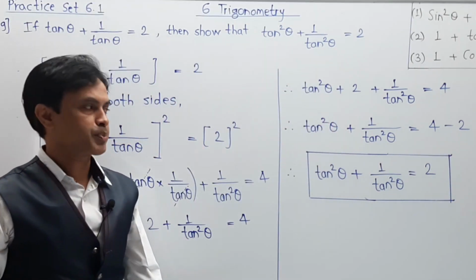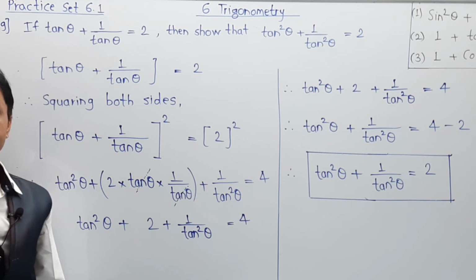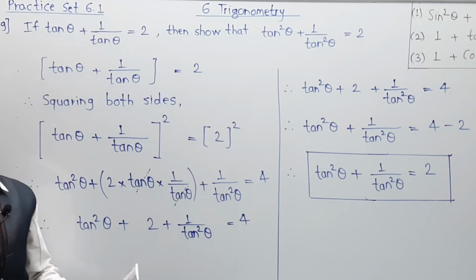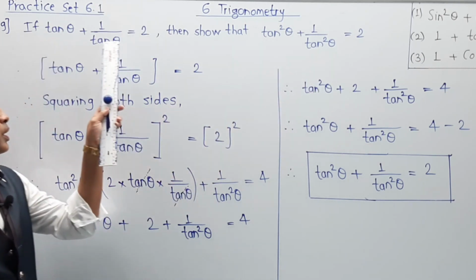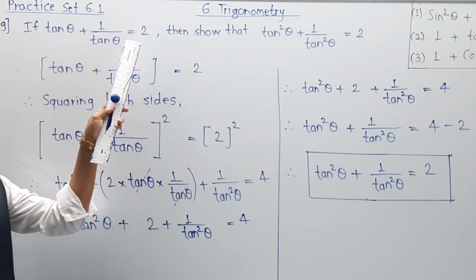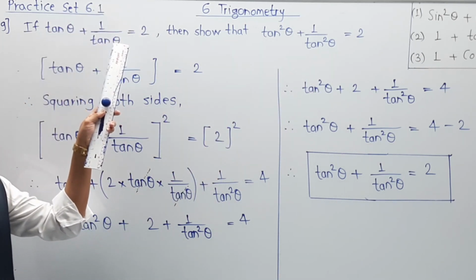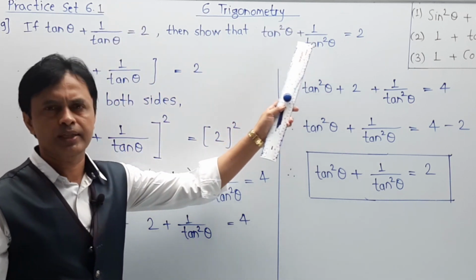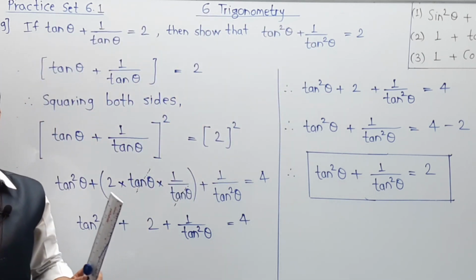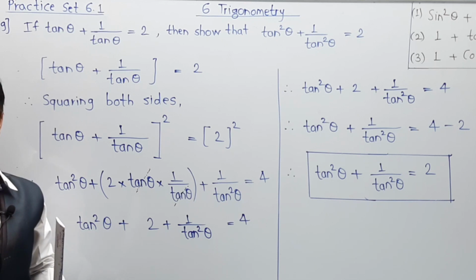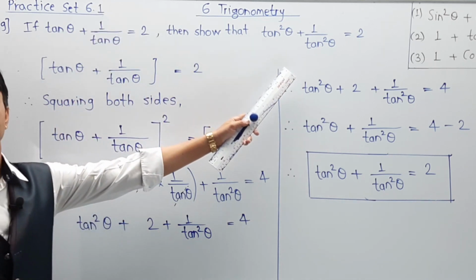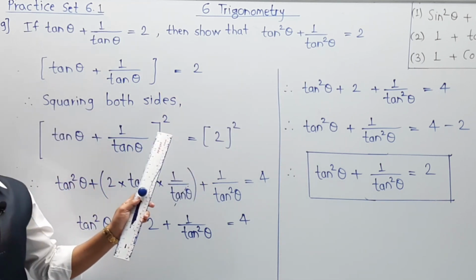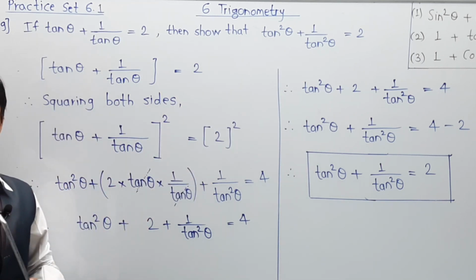Now student, please pay attention. Many times, if you are going to solve a numerical, then first I am going to clear the condition. Please read the question carefully. What is the given content in the LHS or in the given equation, and what is the answer expected? You just compare it at a glance for 5 to 10 seconds. Immediately from this condition I realize that there is a requirement of a square and I have done squaring both sides. In such a way you can solve all types of numericals given in trigonometric ratios.